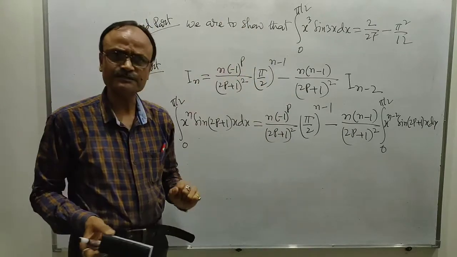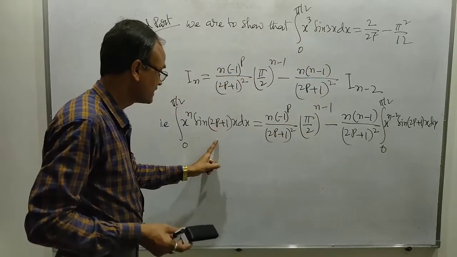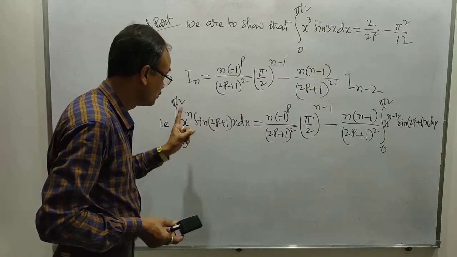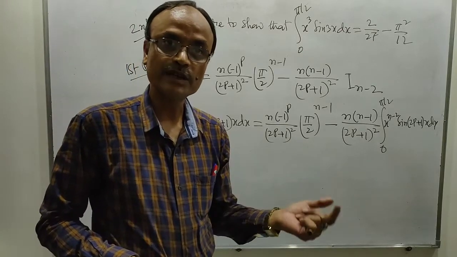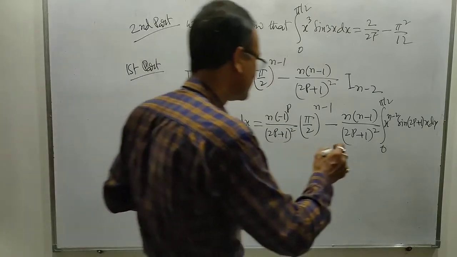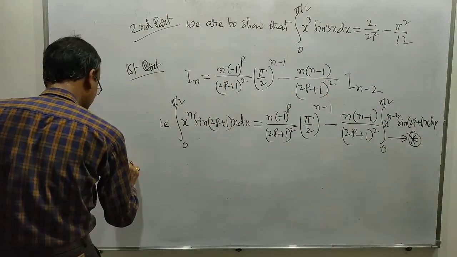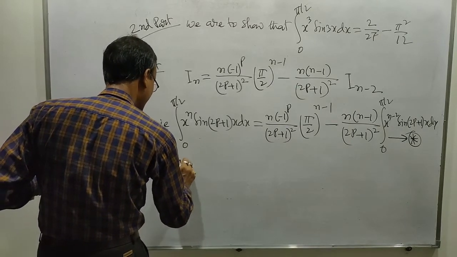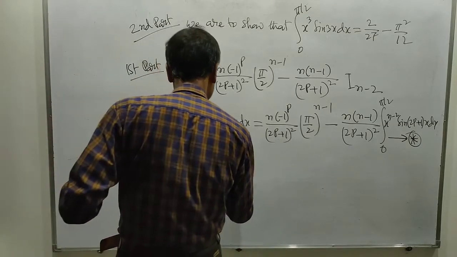Now you see, in the second part, we have x cube sin 3x. For that, we have to put n equal to 3 and p equal to 1. Suppose this formula is star. Putting n equal to 3 and p equal to 1 in star, we get